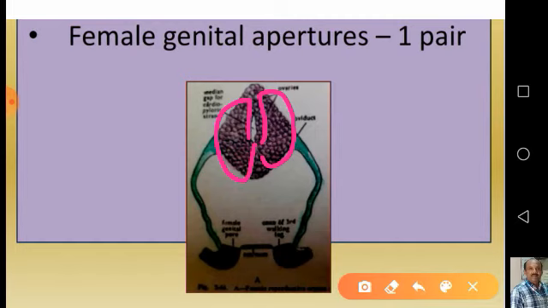The shape and size of the ovaries vary with the age and the season of the year also. The breeding season of the prawns generally extends from May to July. May, June, July, these three months are considered the breeding season. So depending on the season, the shape and size of the ovaries change. Whereas in the case of males, the shape and size of the testis do not change. Only in the female, the ovaries will change.